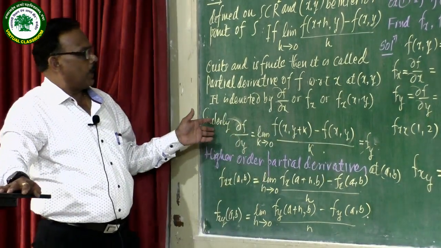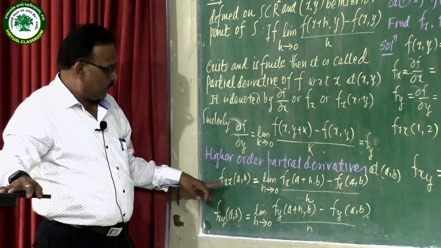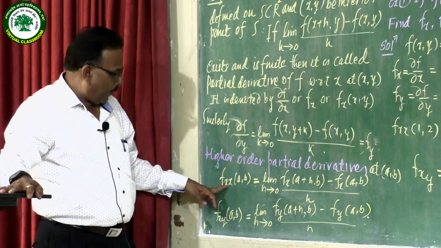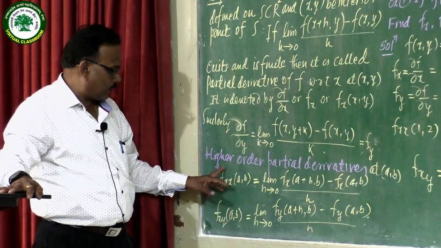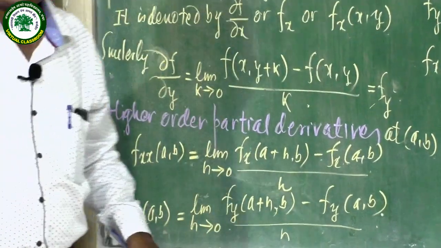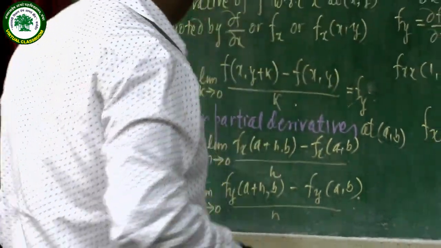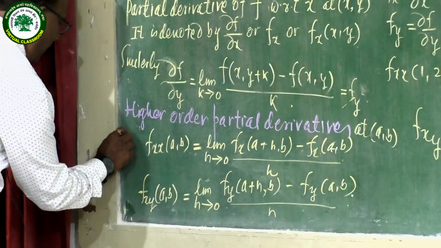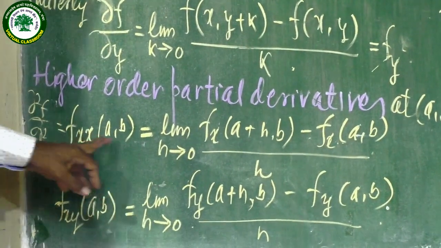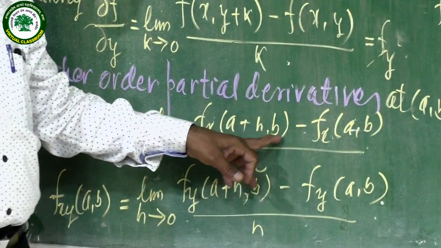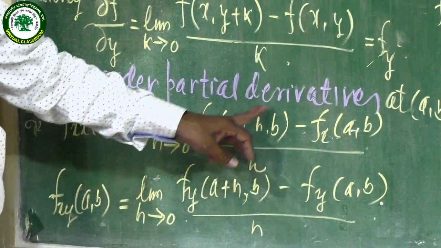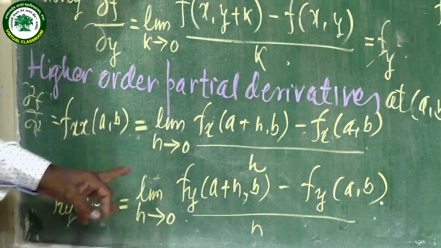Okay. While you are taking higher order partial derivatives, you have to take the partial derivative of function f_x. That means the partial derivative of function f is already taken with respect to x, and again you have to take the partial derivative with respect to x, which you can write as del squared f by del x squared, or f_xx at point (a, b). Therefore, in place of y, b is treated as constant, there will be a change in x only, or variable x, and that derivative is at point (a, b).